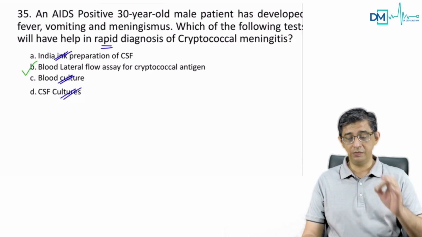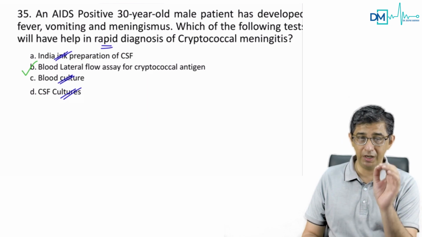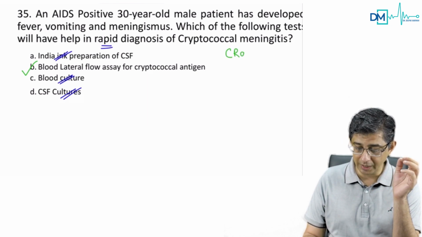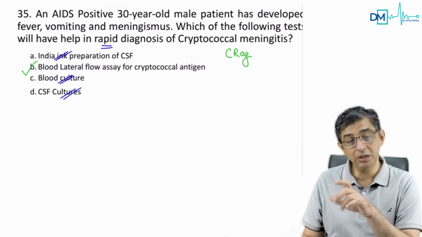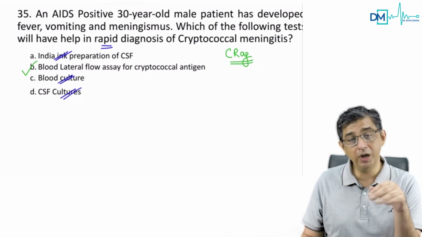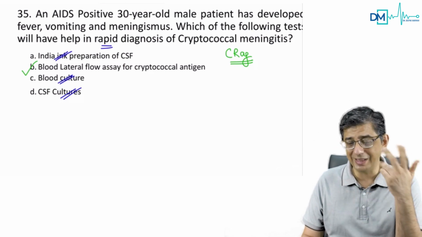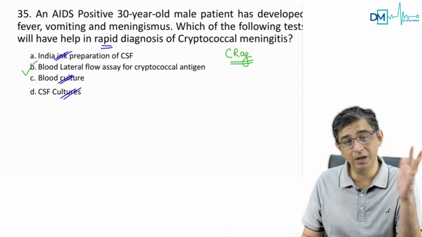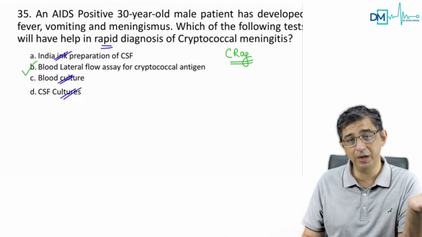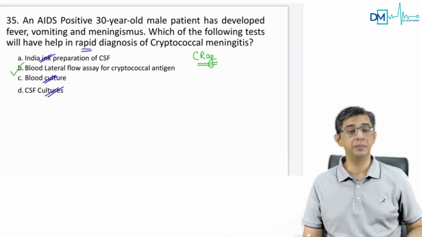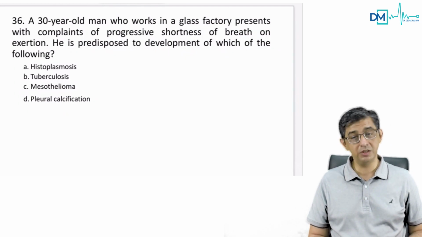Yes. The best test for diagnosis of cryptococcal meningitis, if you ask me, and as given in the textbook, is CSF ELISA for cryptococcal antigen. It is written as CrAg, CR capital, AG small, cryptococcal antigen. So the bottom line is, you can do it with ELISA, with latex agglutination, or with lateral flow assay. Those methods you can read from a microbiologist, what the differences are. For me as a clinician, the antigen test and antibody test is a rapid test. So that would help me in diagnosis of this chap. And anyway, cryptococcal meningitis is extensively asked. We'll treat this chap with amphotericin B.